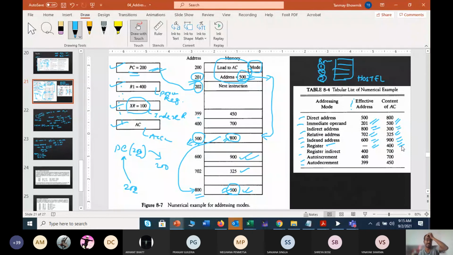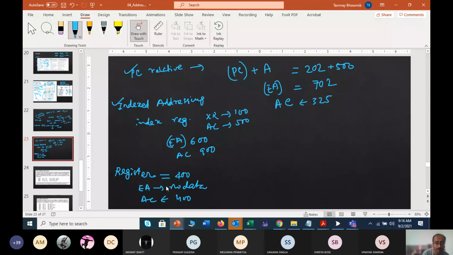The next one is register indirect. What we have done in register, the same thing we will check in register indirect. We will now deal with this 400 not as data, rather we will think of 400 as a location, and we will fetch from that location in memory. So 400 will be the location.